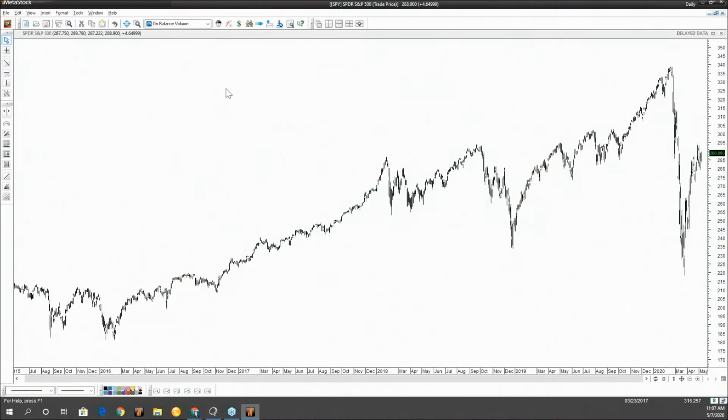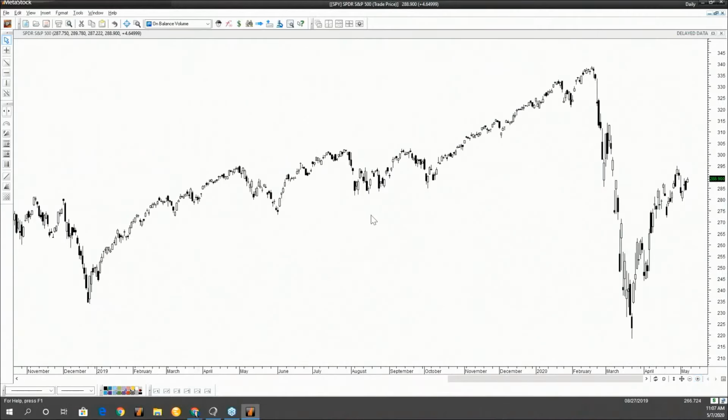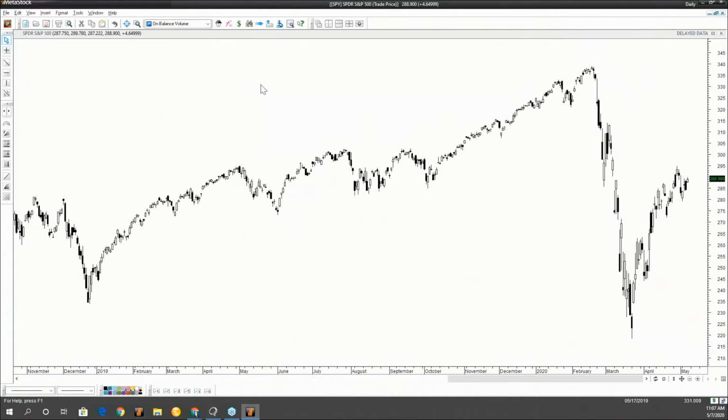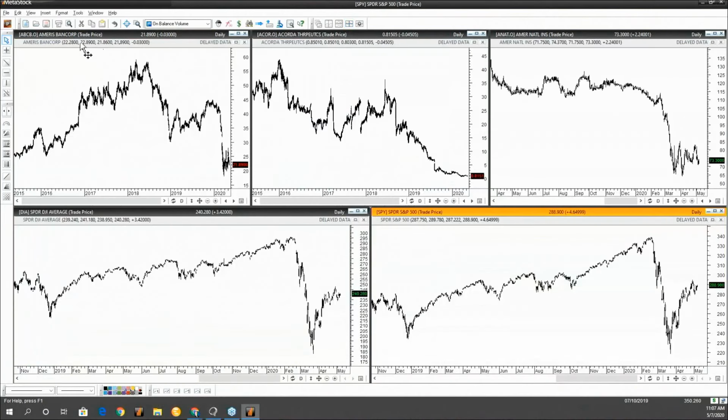Now I want to show you how you can actually apply the template for Voracity. Like I said, it's just a template that's already built into MetaStock. It's a really easy way of doing it, and I'll show you a couple different ways of applying it. But the first way, if you have a chart already open, this is the SPY. Actually, I'm going to go to the diamonds. I like that one a little bit more. So we'll do the diamonds here.